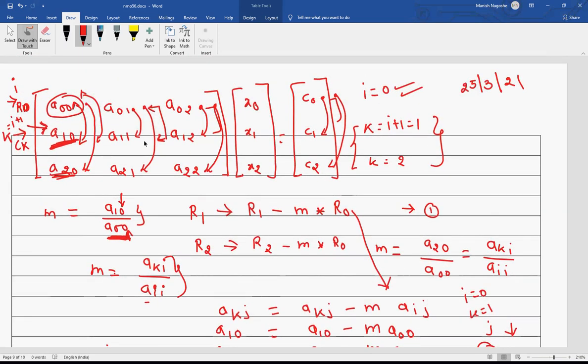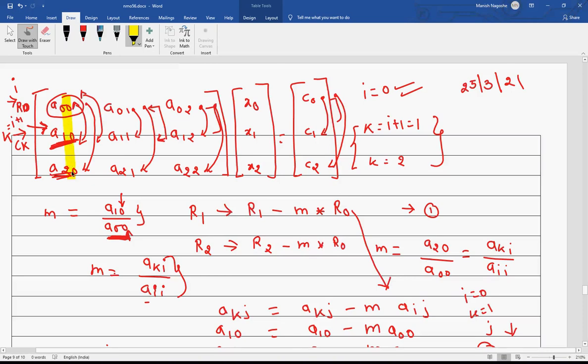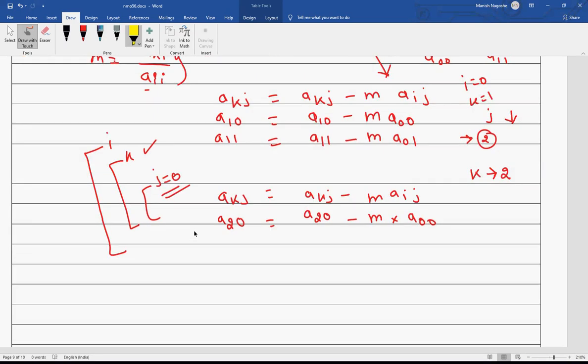So these two variables I have subtracted, A20 and A00.